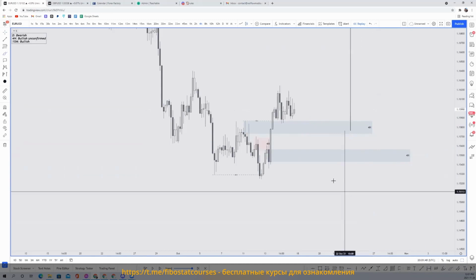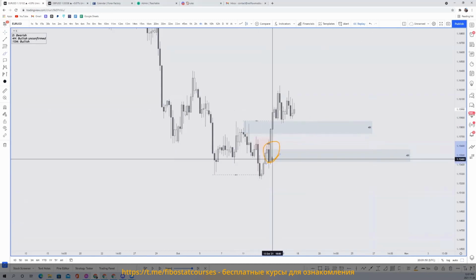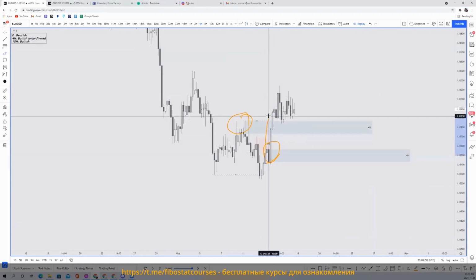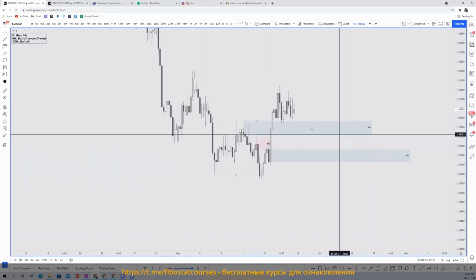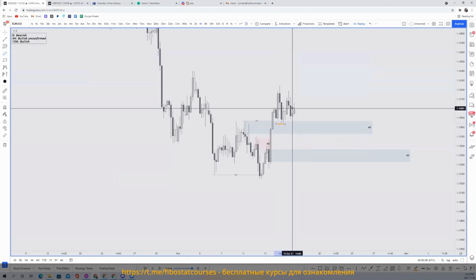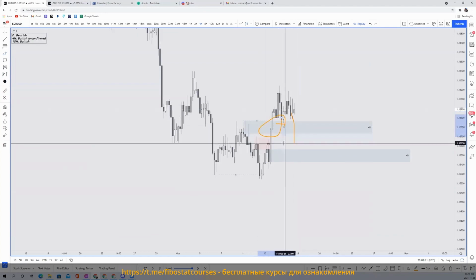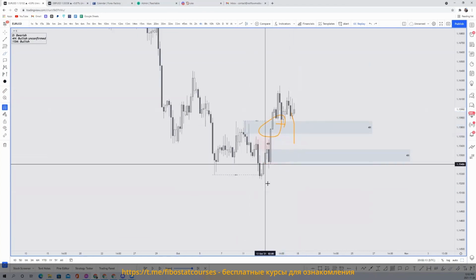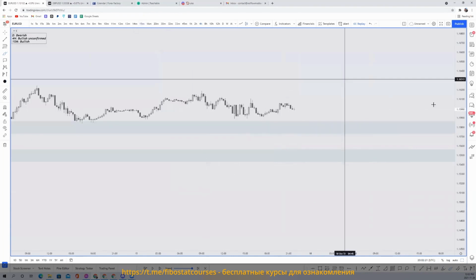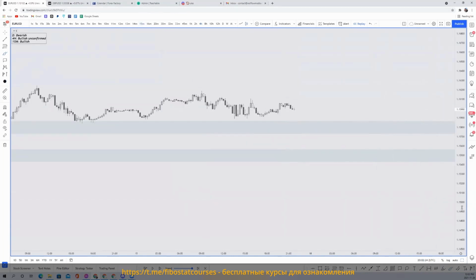This would obviously be my preferred zone as it's the original cause of the flip. However, this zone is also valid, as we had zero interaction and price just came through. So either one of these zones is valid. They both have a level of inducement. If we do come down here, this inducement would be valid for this zone as well. If not, and this zone reacts, then we just go off of this zone. Then I would likely go down to the 15 minutes. And